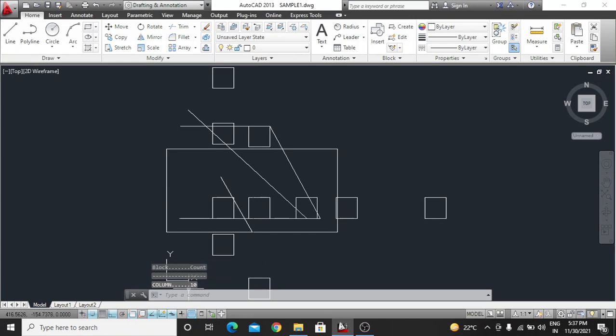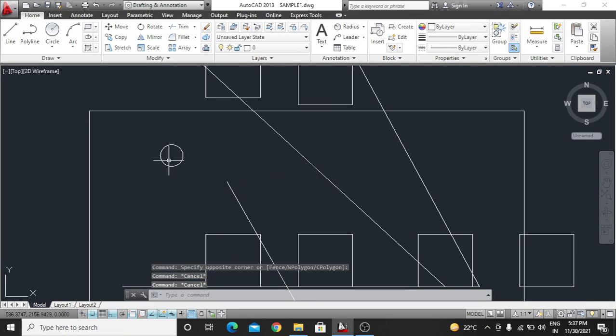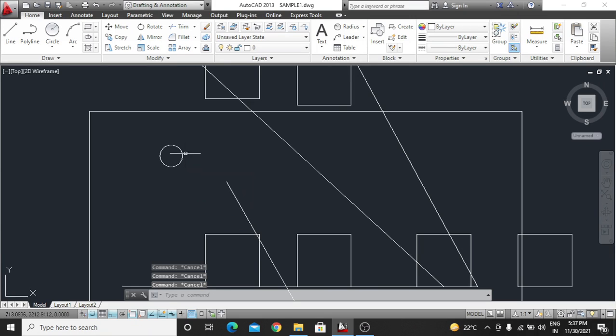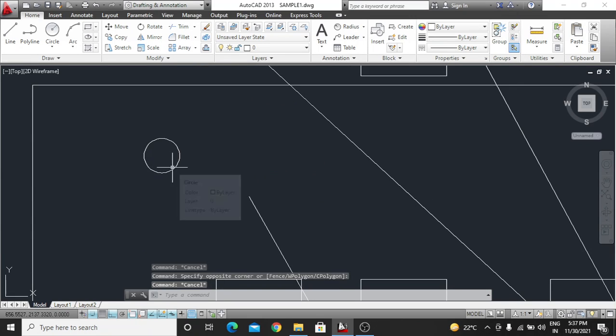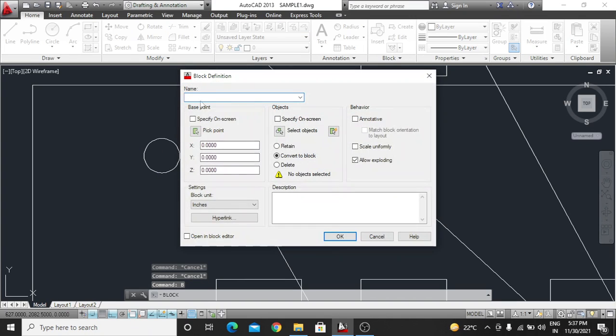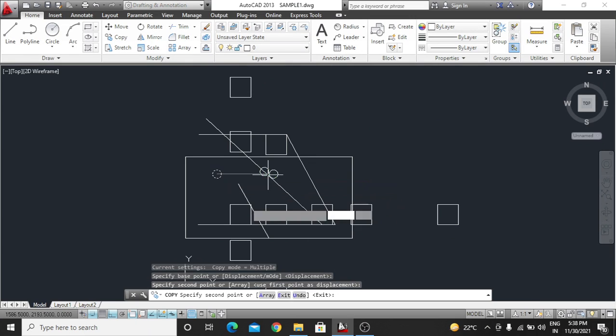So this is the benefit of block. Also you have a very good option if you are working as an architect. For example, there are many things in the design, like a circle or any object, chair, table. Just make it a block and give it the name chair. Now you can click and add the block and make many copies.